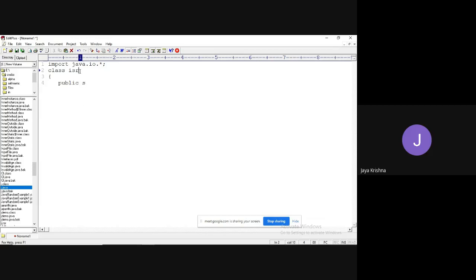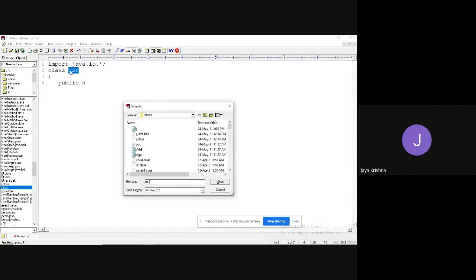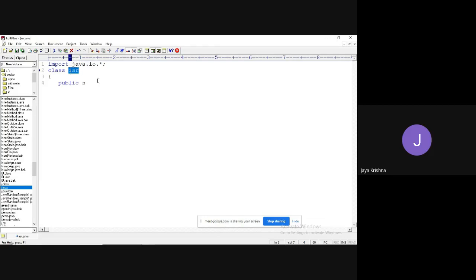First, I will say ISR.java so that it will give clarity. public static void main(String[] args). If you want, you can throw the exception here, or you can handle it using a try block, right? I can use a try block.